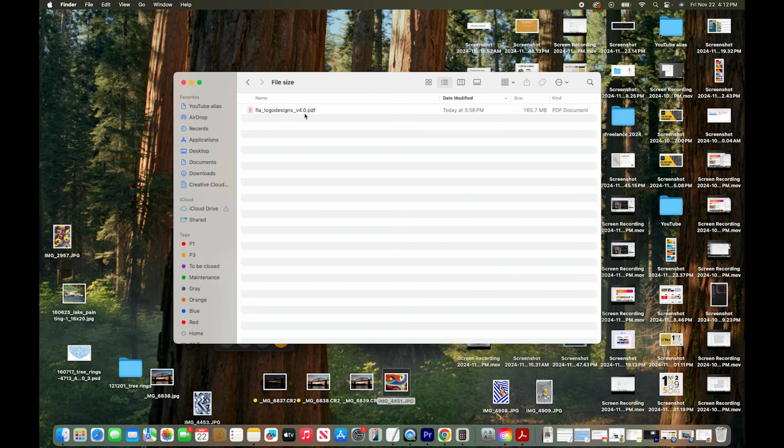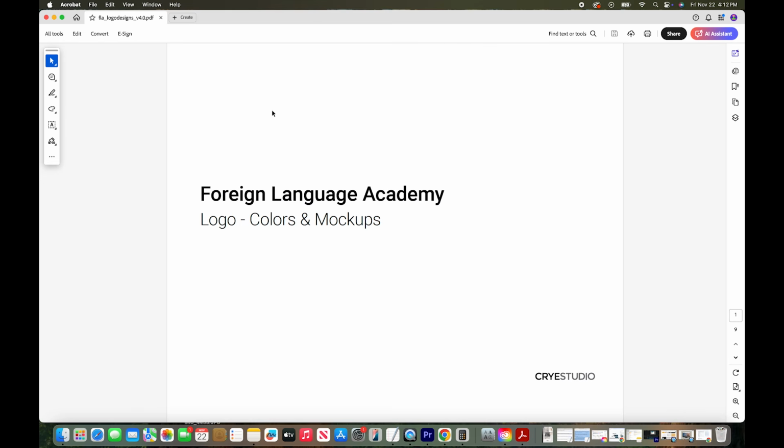We are going to look at this file today and see if we can make it smaller. This PDF is currently 165 megabytes. You cannot email this file to someone, it's too big. So let's see if we can play with reducing the file size. I'm going to open it in Adobe Acrobat. And again, if you're using a different version of Acrobat, your interface and your menu may be a little different